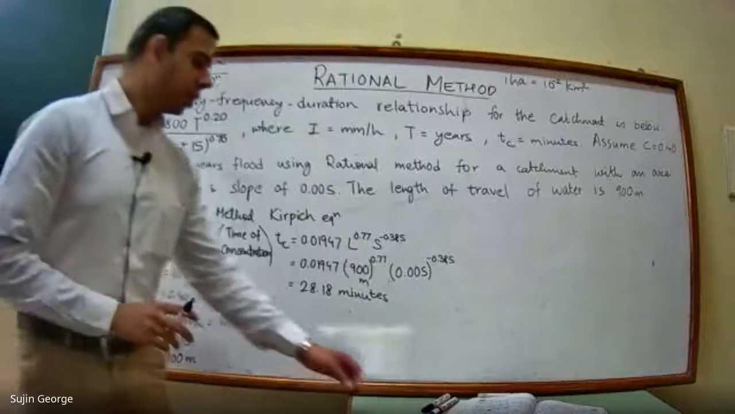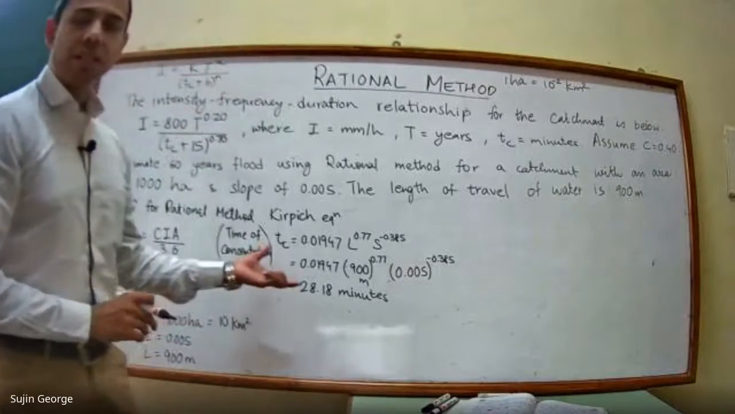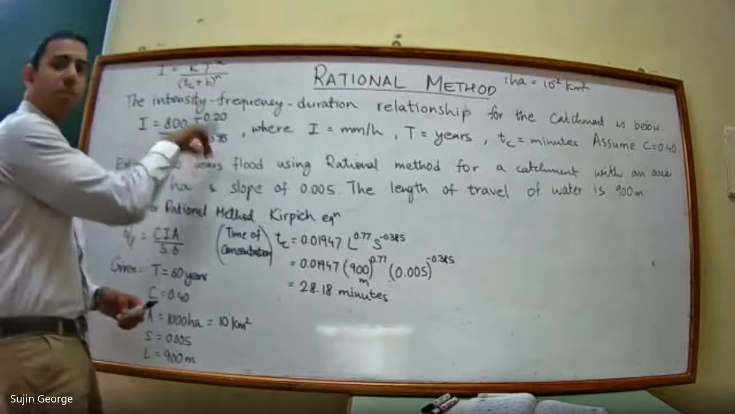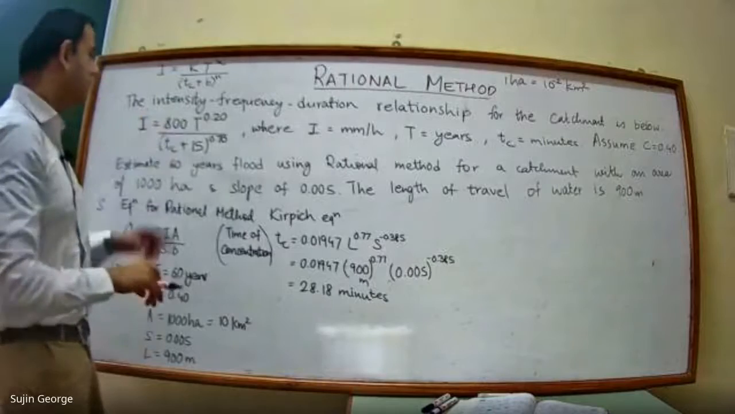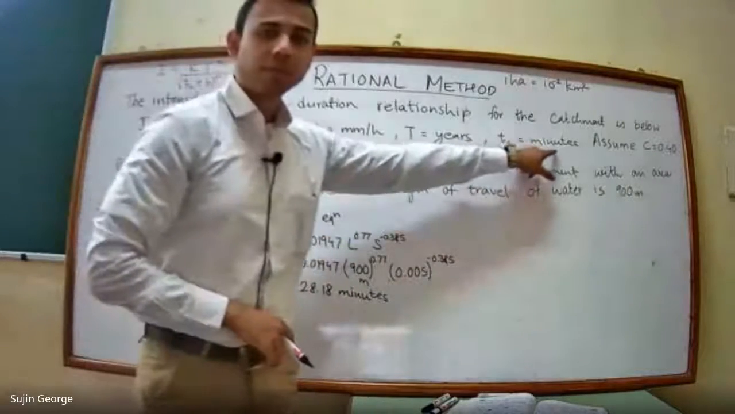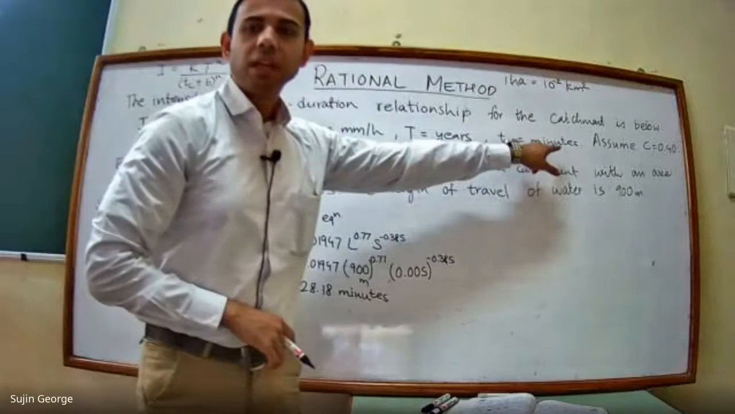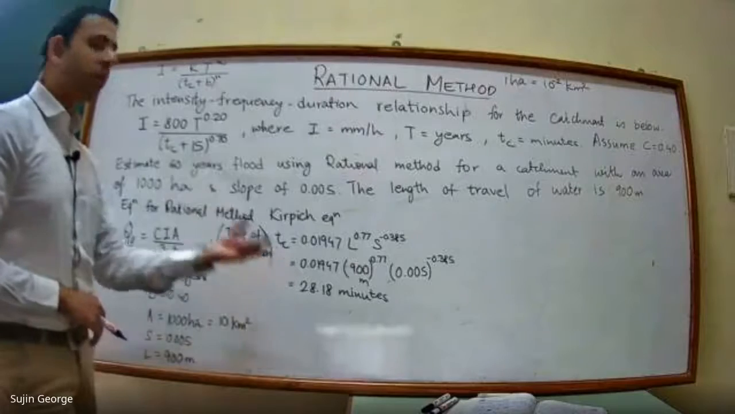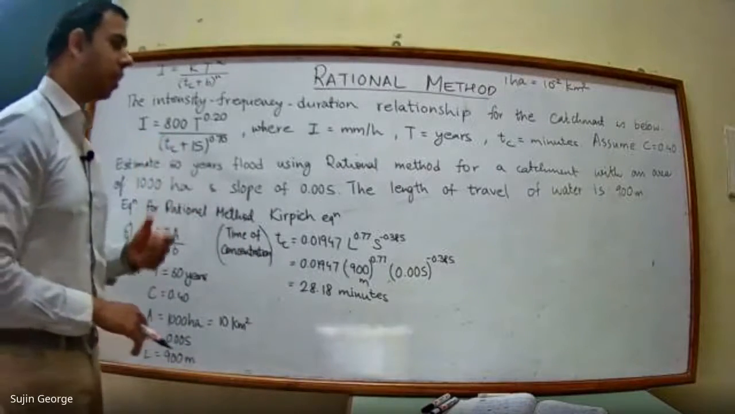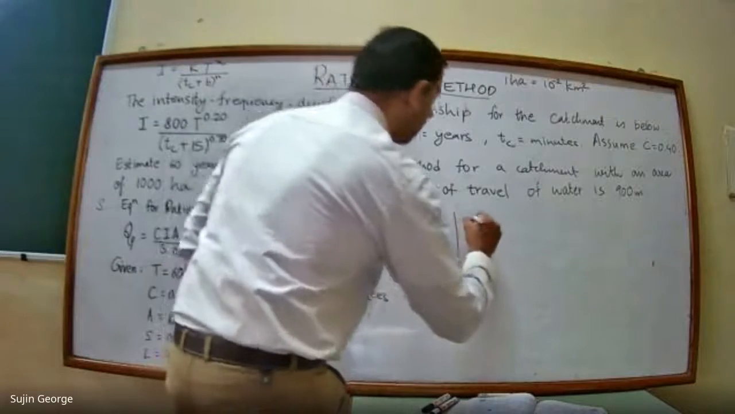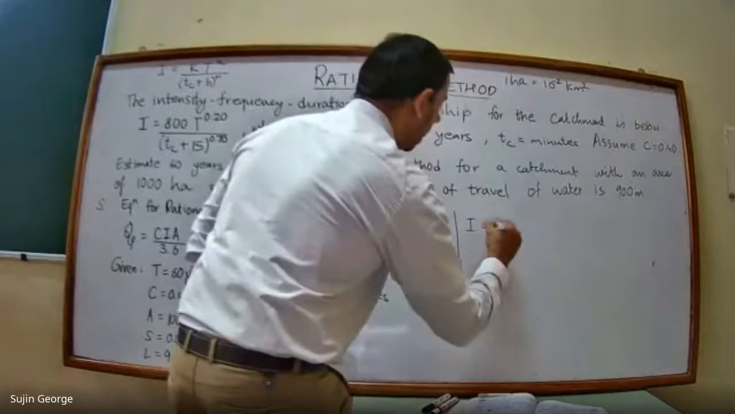So you found out the value of Tc. Now you just have to substitute this value of Tc in this equation. Here the unit of Tc is given in minutes, so directly you have to put the value in minutes in this equation. So what you will get, we will write that formula over here. I is equal to